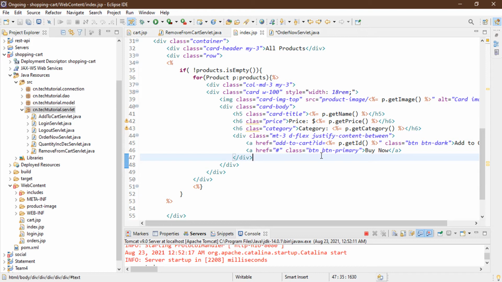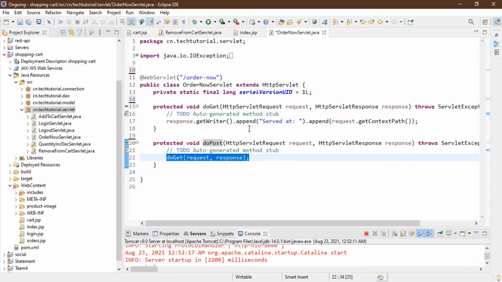So I am taking it as an advantage. When the user posts a form, it will hit the doPost method, but it will work with the doGet method. So let's work on our doGet method.